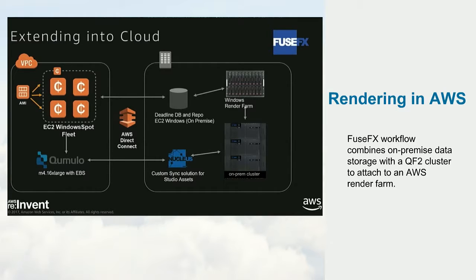So if we start there with their on-premise infrastructure, they have multiple clusters on-premise where they store both their digital assets for all of the VFX work that their artists do, as well as specific episodes and frames within those episodes for many of the different shows that you saw on the previous slide. They have a Windows render farm that they run on-premise in their own data center that is used for the bulk of their work. And